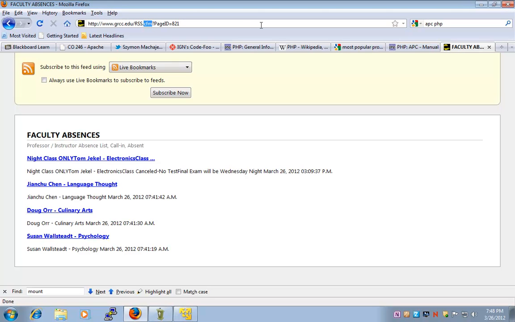Anybody knows what this stands for? .cfm. Cold Fusion, right? Used to be, yeah, Macromedia. I think it's Adobe now. Yeah. Previous to that, it was Active something. So it got sold around. It was actually a great product. The problem with Cold Fusion was that it cost a lot of money. They came out with